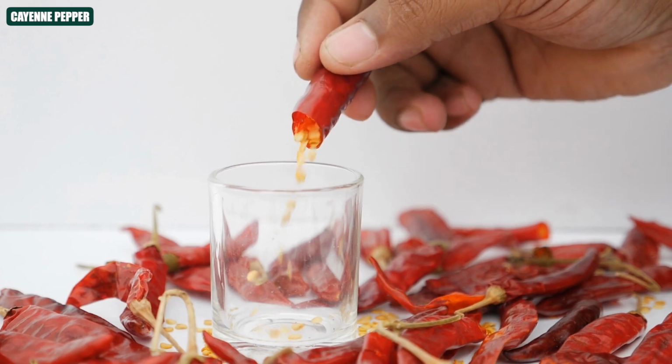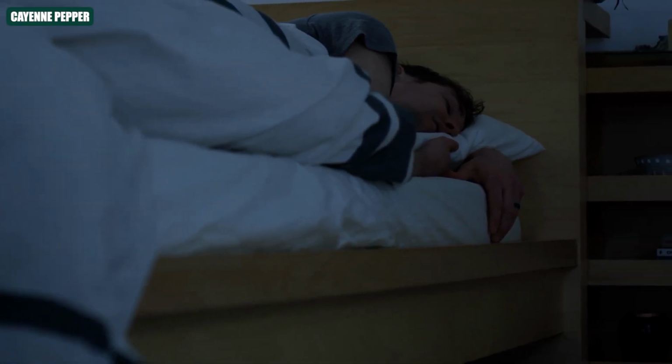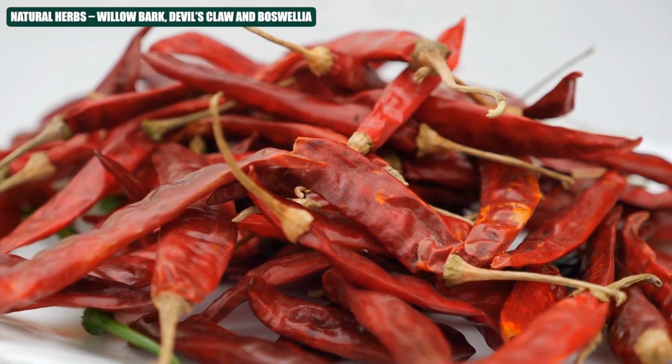This amazed him, and he repeated the process until his pain became 3 out of 10. That night, he finally slept. Natural herbs: willow bark, devil's claw, and boswellia. Besides cayenne pepper,